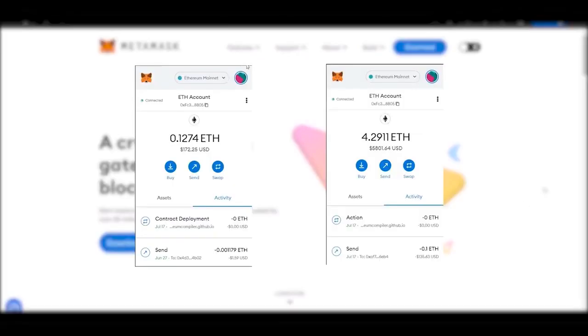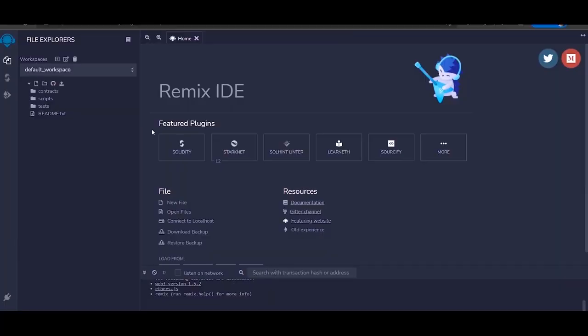Today I'm going to show you how to commence a flash loan on UniSwap. First you're going to have to go to Remix. This is where we're going to write the smart contract to commence the flash loan. When you get there, you can click on the File Explorer and you can go to this little thing right here and it'll pop up saying create a new file. You're going to create a new file and call it